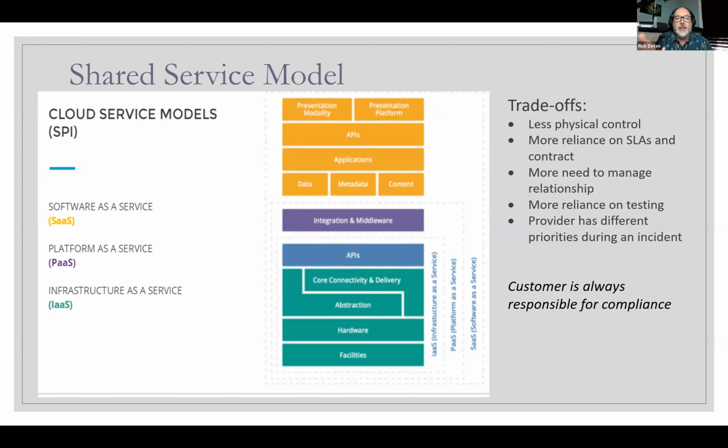This comes from the Cloud Security Alliance. In this graphic, you see at the bottom infrastructure as a service, which is the metastructure: the facilities and hardware layer, then the abstraction layer, and then APIs. You're integrating with that. This is where you spin up your own servers, apply your own applications, and set up your own virtual networking on top of this, just like a real data center with hard physical boxes, but the boxes are all virtual.